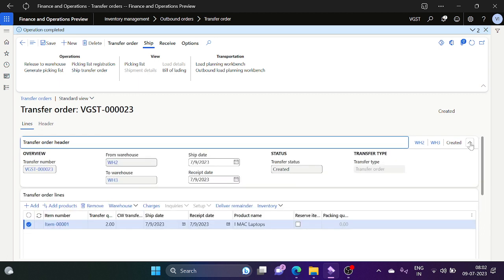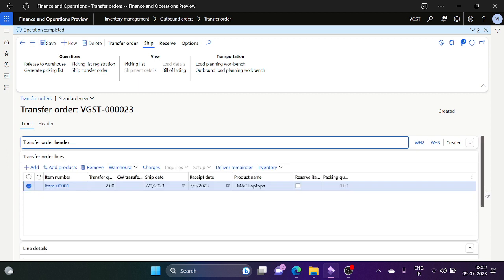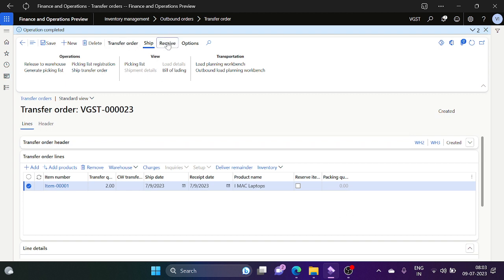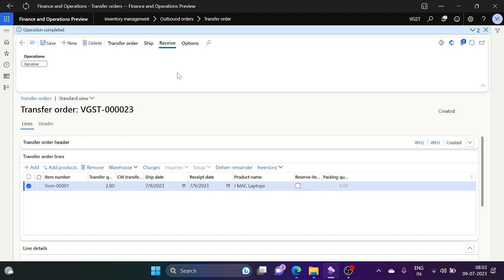Warehouse 3 required two quantity, but from warehouse 2, the transfer order is created for two quantity, but we have transferred one quantity to warehouse 3 as of now. Then later on warehouse 2 came with a reply that they don't want the other quantity, please cancel that quantity. So before that shipment is done, and on the warehouse 3 side, when they want to receive that transfer order, go